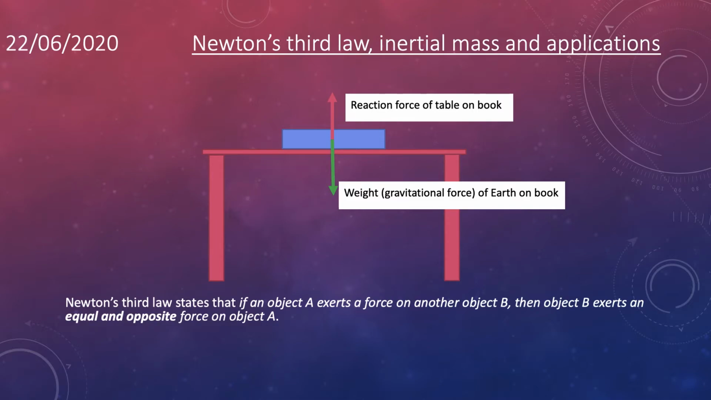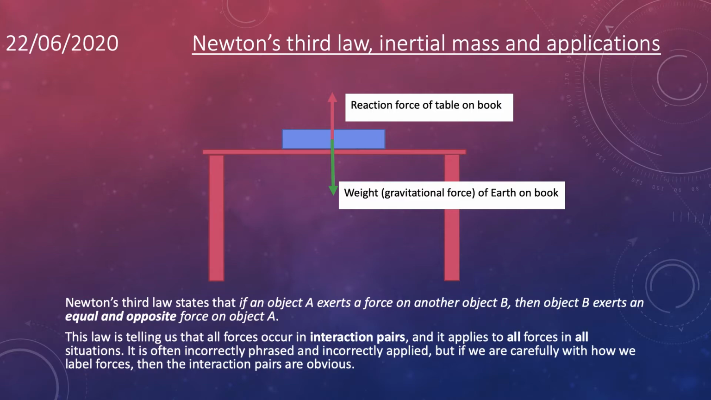Newton's third law states, we can put it more complicatedly, that if an object A exerts a force on another object B, then object B exerts an equal and opposite force on object A. Or we could say it how we said it on the previous slide, that forces occur in pairs that are equal and opposite. This law tells us that forces occur in interaction pairs. It applies to all forces in all situations, but you often hear it phrased and applied either incorrectly or with